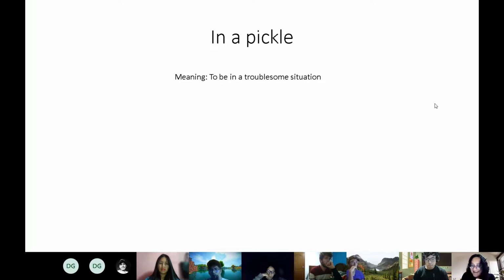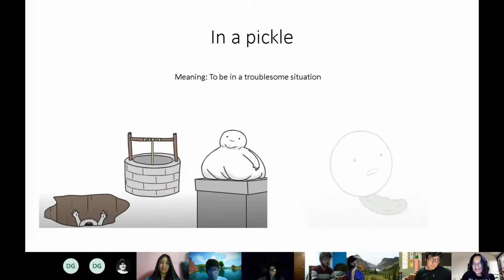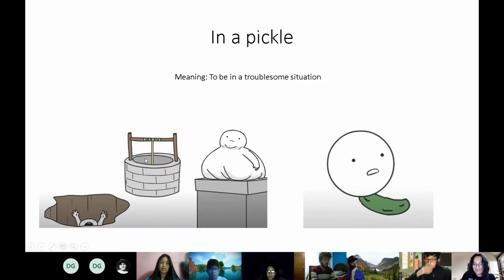So that's a bizarre example, in a pickle, right? Because you could have picked a ditch or a well or a chimney, anything that could contain a body, right? But in a pickle? Literally, it is impossible to be trapped in a pickle.